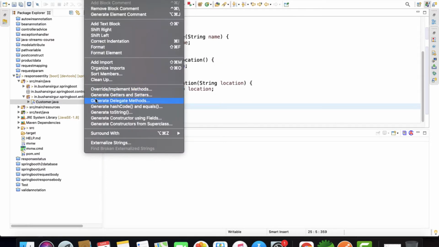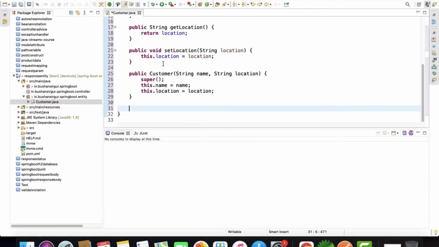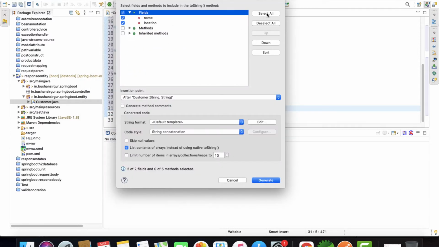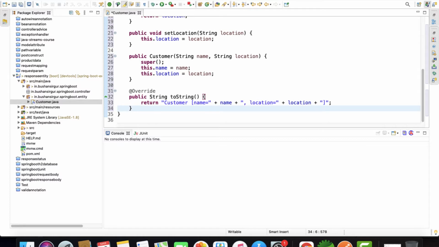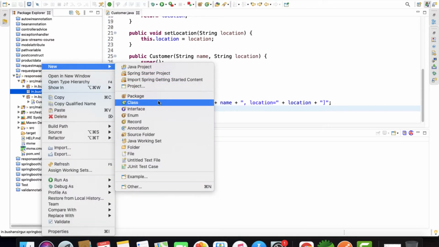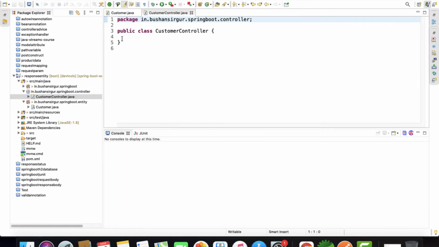I'll quickly create the constructor using the fields, and I'll quickly generate the toString. So let's save this. Now let's create the controller. I'm going to annotate this class with @RestController.